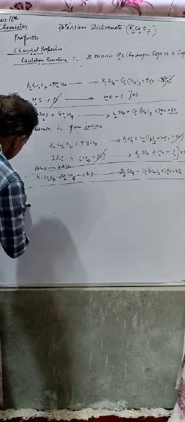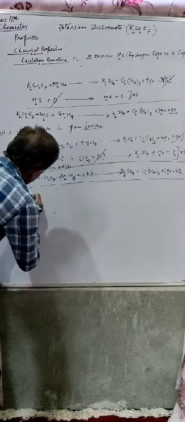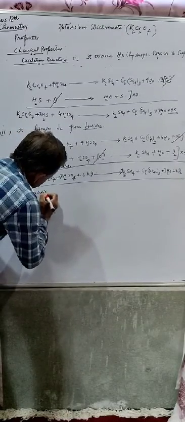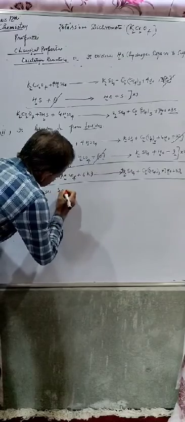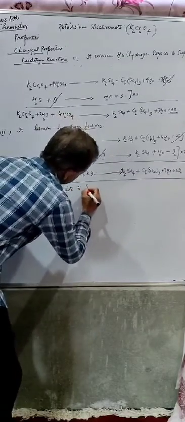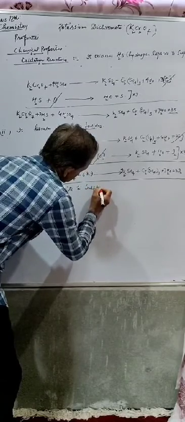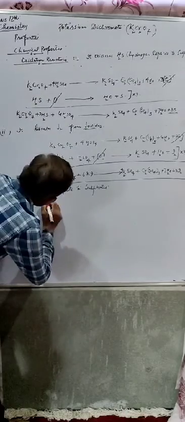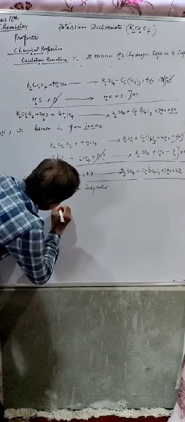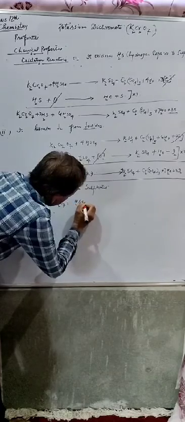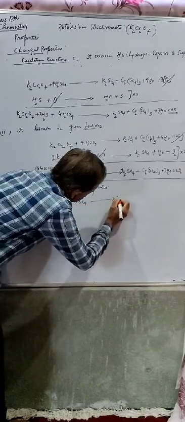Next reaction, it oxidizes sulfites to sulfates. Now we will take a sulfite, again the same reaction, K2Cr2O7 upon acidification, it forms K2SO4